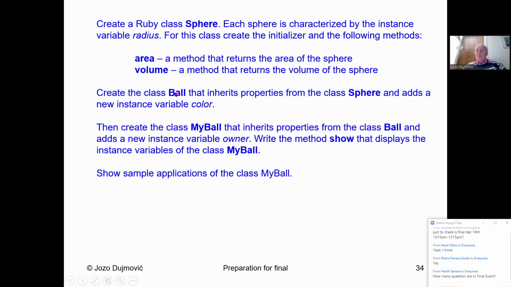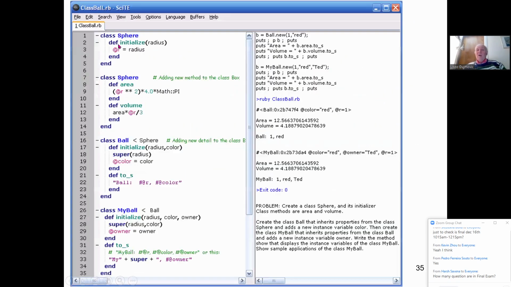So one of them is this one here. You have a sphere, and then you make a ball that inherits from the sphere. And then there is the name of the kid who is the owner of the ball. So you have my ball, it has radius 1, it is red, and the owner is Ted. So this is a typical object-oriented little program that you are going to have on the final exam, always one of